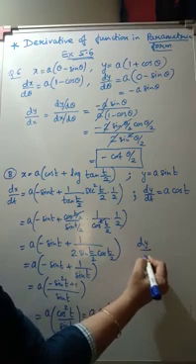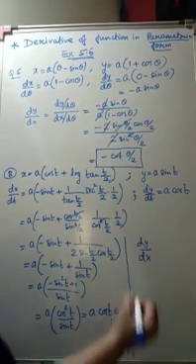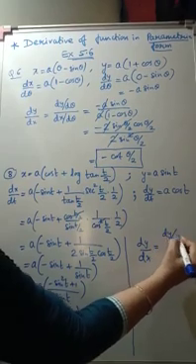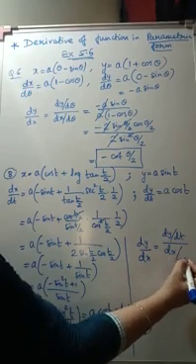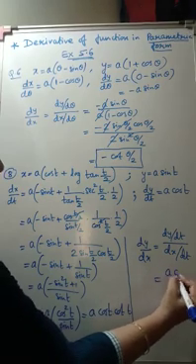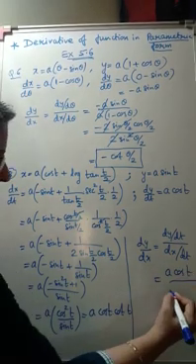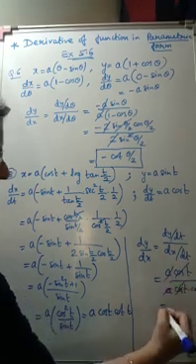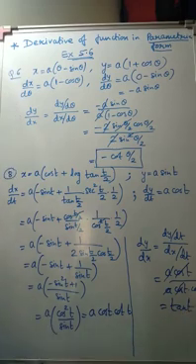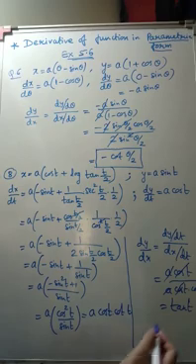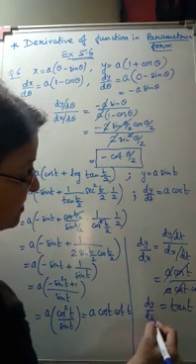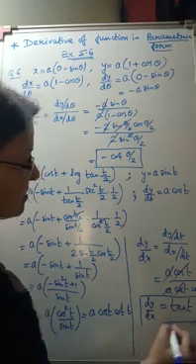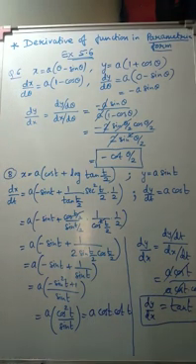So what will be your dy by dx? It is equal to dy by dt divided by dx by dt. dy by dt is a cos t, dx by dt is a cos t into cot t. Cancel and you get tan t. We check the answer, whether our answer is correct or not. So the 8th question answer is tan t. So correct. So this way you have to solve the questions. You need to bring them in simpler form.